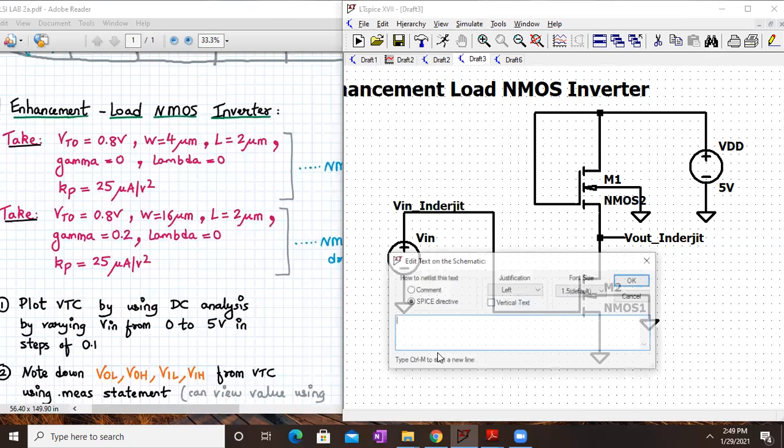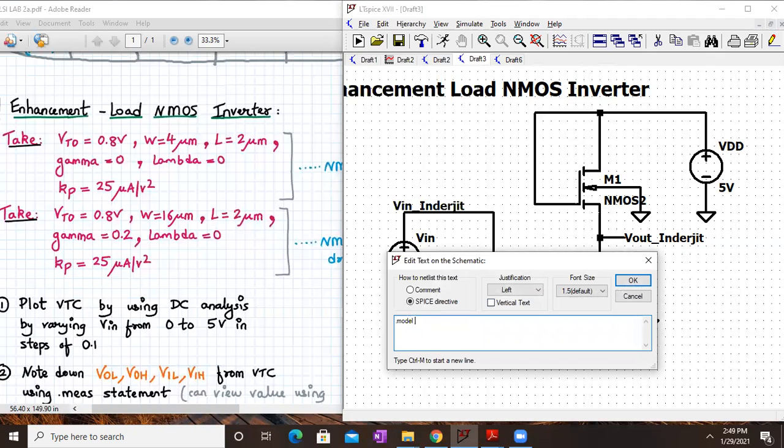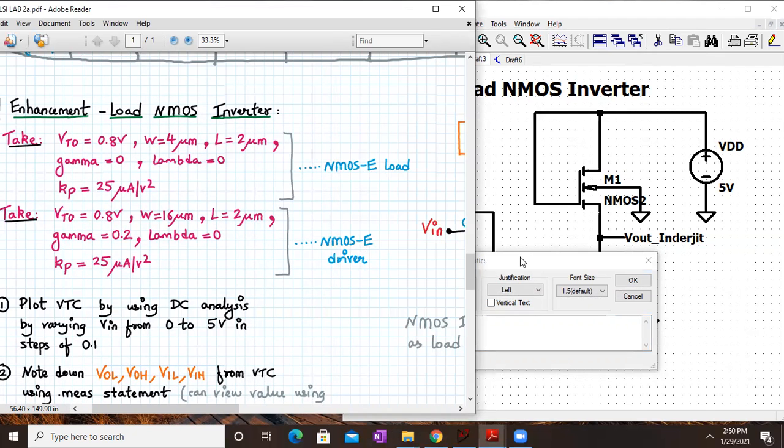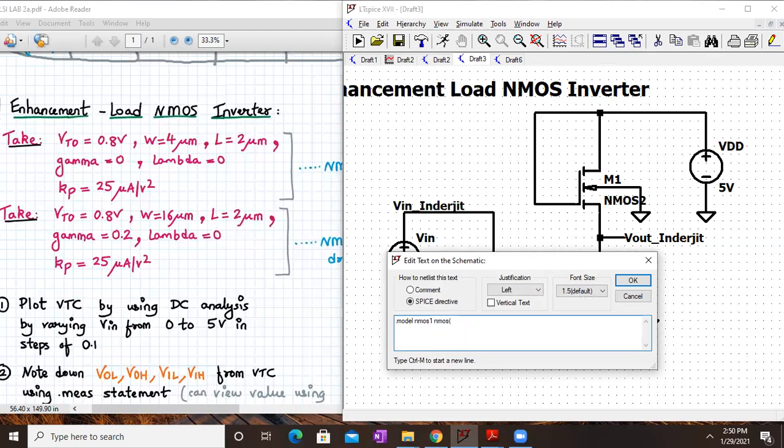So I have over here a SPICE directive. I'll write .model NMOS 1. NMOS 1 is nothing but your driver NMOS. NMOS driver parameters I have to write. So over here I have VTO as 0.8. W is equal to, let me take it the same one. Let us just simulate quickly and see this. L is 2, gamma is 0, you can give it as 0.2 over here. Gamma I will explain, just wait. Lambda is equal to 0, and Kp is 25